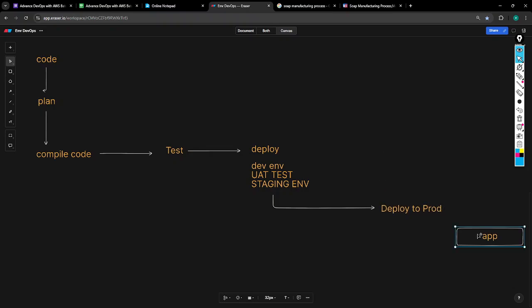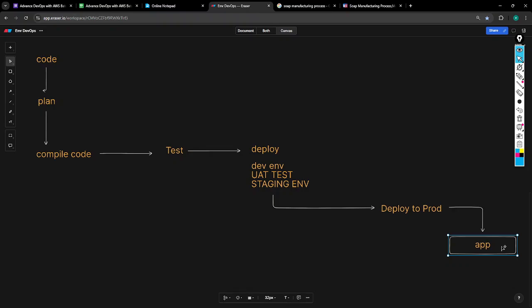So this is nothing but our product is ready and we are happy to market to the shops. So this is the final application. The final application, it is on Google right now or in the Play Store. Then all the users are able to use the application.